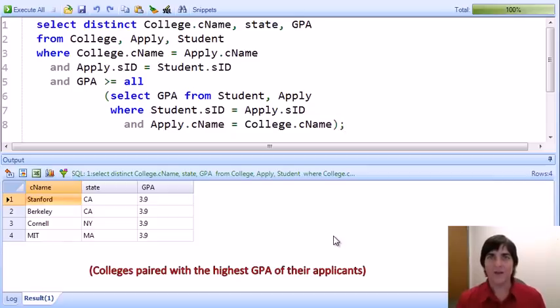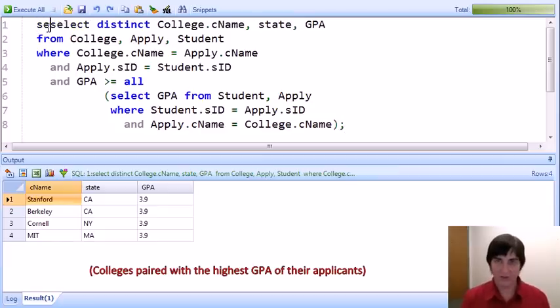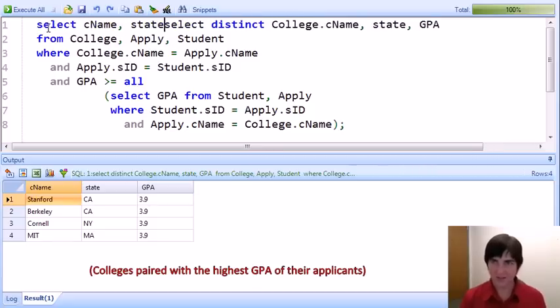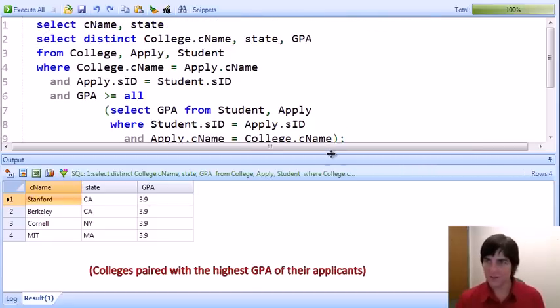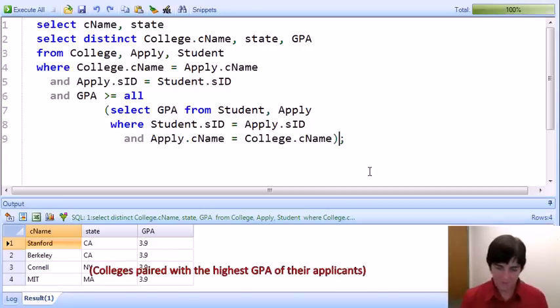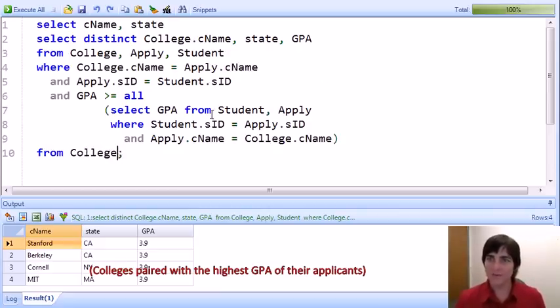Now let's see how we can write this query using a subquery in the select clause. What a subquery in the select clause does is perform a computation, and as long as that computation returns exactly one value, that value is used in the result tuple. So let me just start typing here a little bit. What we're going to do here is select the college name and state from the college. And then we're going to use a modified version of this query to compute the highest GPA